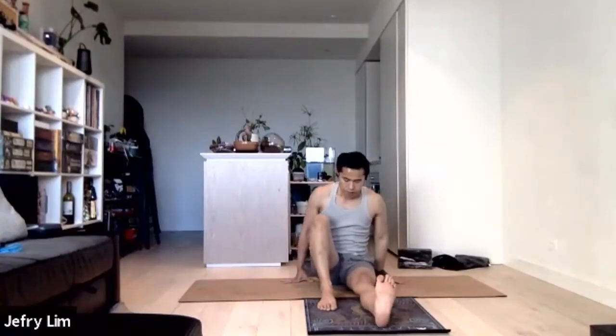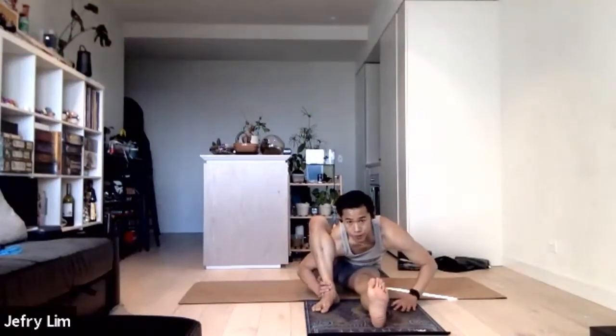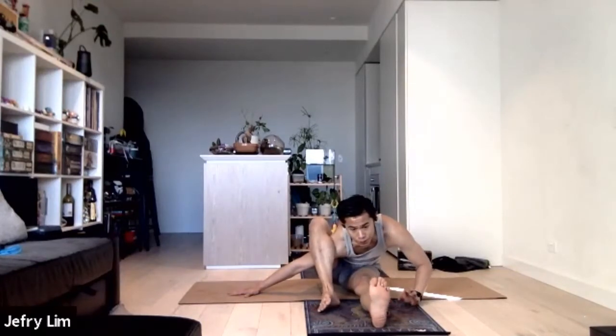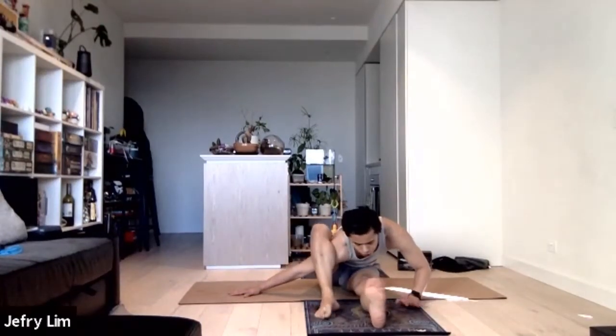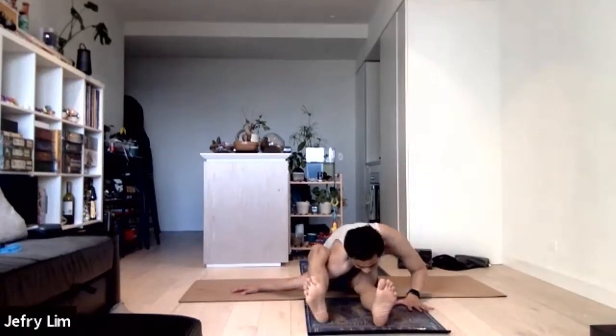Okay. So you're going to bring your left foot slightly in front of you, slide your left arm under. Left shoulder underneath your left knee. Yeah. Plant your left palm down to the floor. You know the deal. It doesn't have to be the best, but I want you to try to hinge your weight forward and try to extend that left leg. You'll notice that